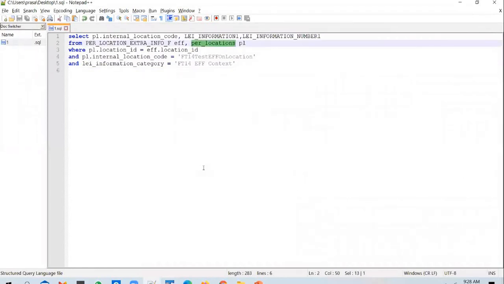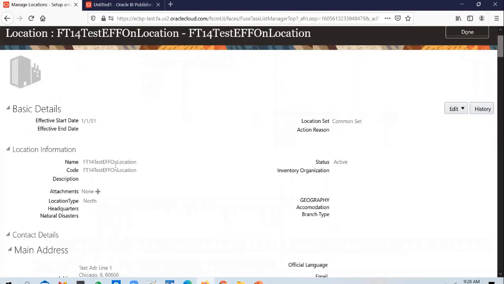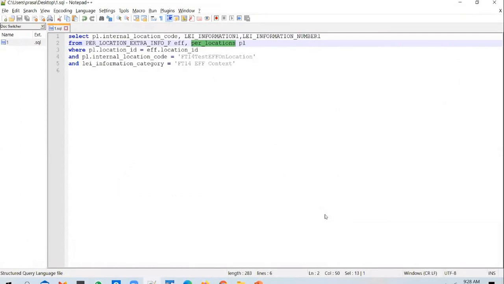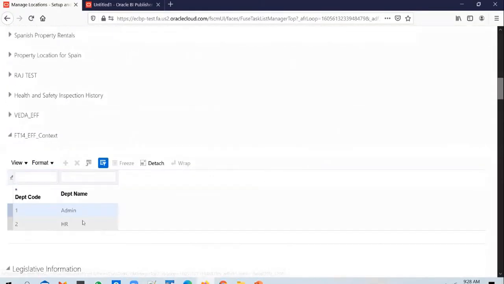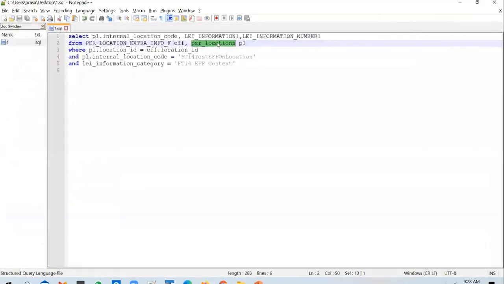This is a base table for locations. Since when you create a location, obviously there will be only one entry inserted into the locations table. But if you scroll down, how many combinations of departments have you tagged to it? You have tagged 2 departments, right? So I cannot certainly store 2 records on a single record in the location screen.